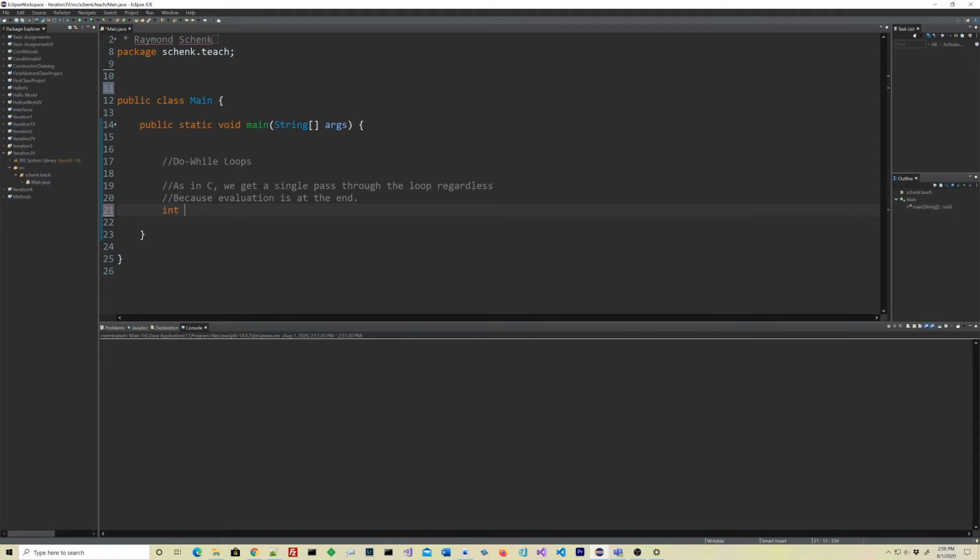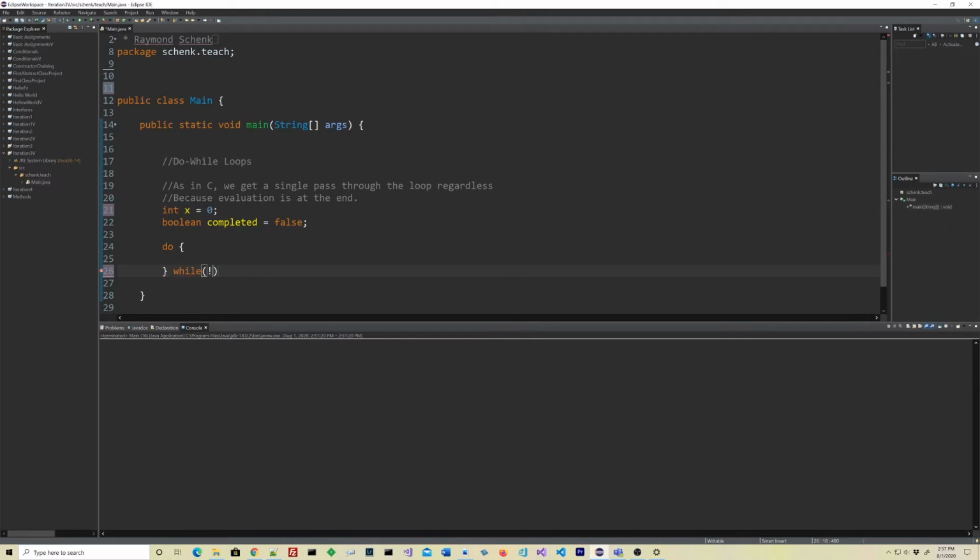Let's give ourselves a variable x, set it equal to 0, and let's say Boolean, we're going to need this at some point, completed is equal to false. We'll stick with the primitives for now. And we're not using any of those yet, obviously. But we're going to do a do while, right? So do some block of code that we're going to execute. And we're going to say while